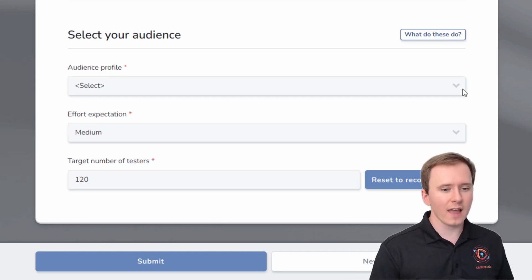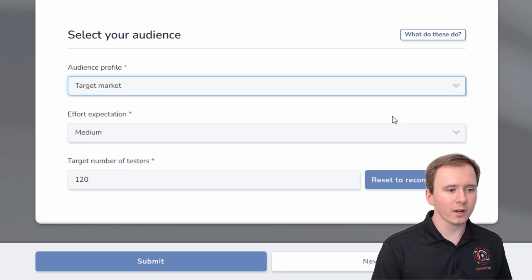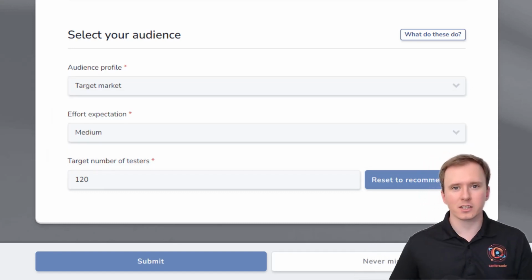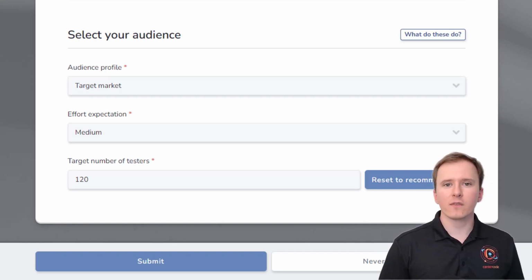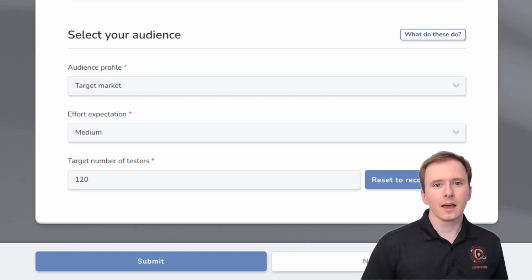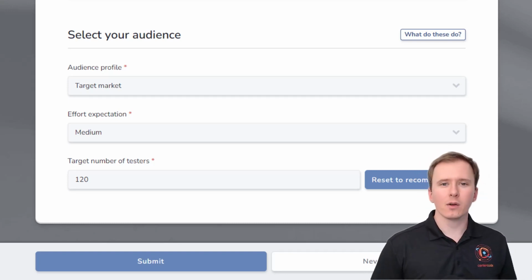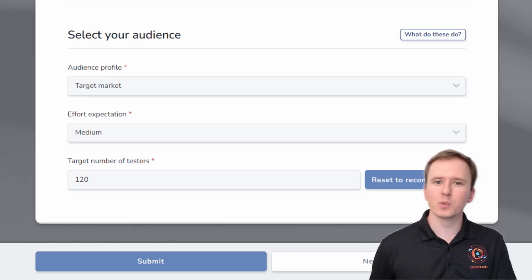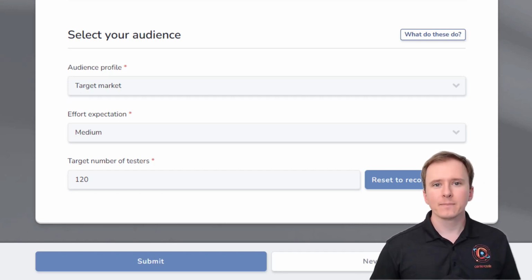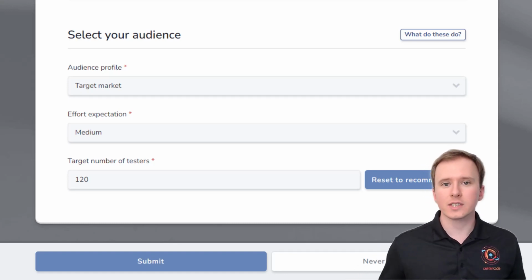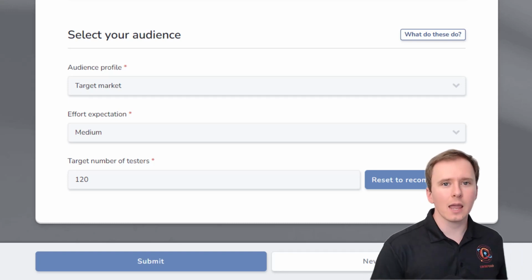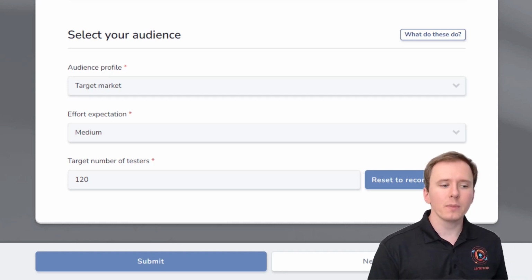So audience profile. For this, I'm going to say target market. So really it's the people that we expect to go out and buy a smart home device. And then effort expectation. How much effort do we expect them to kind of produce while testing? This is based on how many sort of high effort features we have versus low effort features. So if it's a product that requires a lot of, maybe outside installation or testing a certain feature or a set of features, takes a lot of time and really requires a lot of focus,